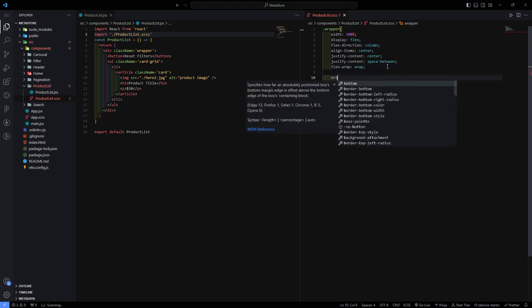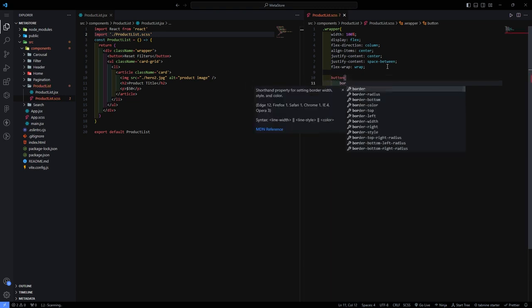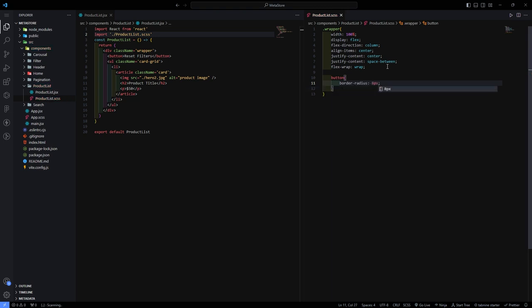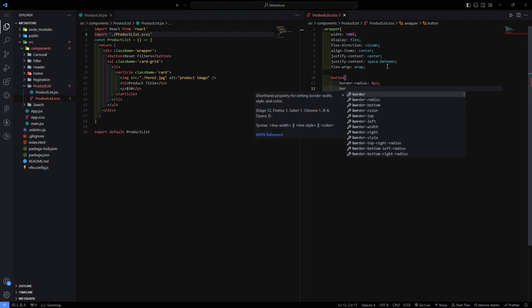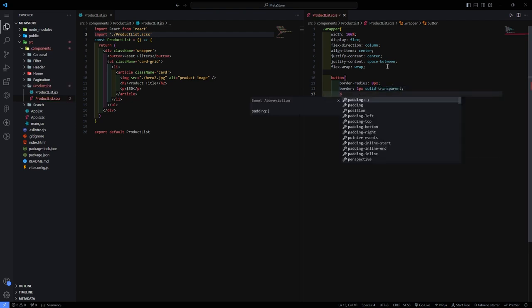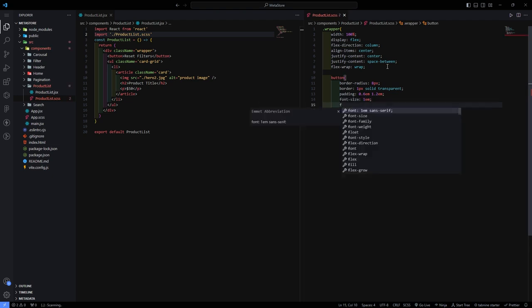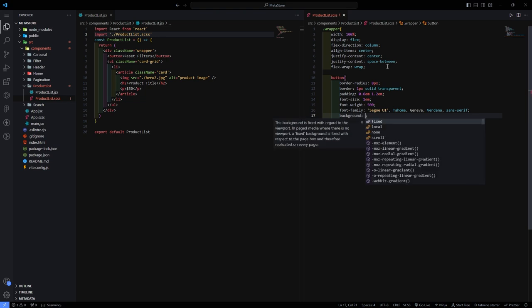After this we have a button, border radius 8 pixels, and the border is 1 pixel solid transparent, and the padding is 0.6em and 1.2em. Font size is 1em. Font weight 500. Font family is Segoe UI. The background color is